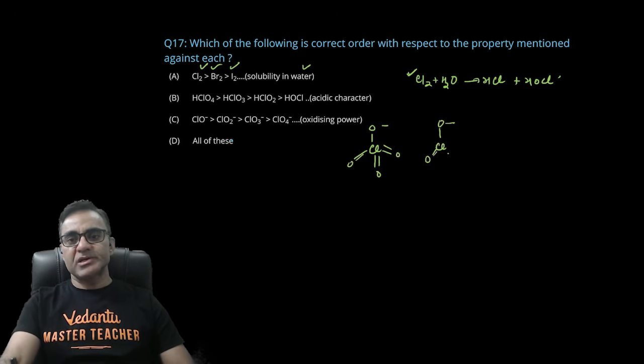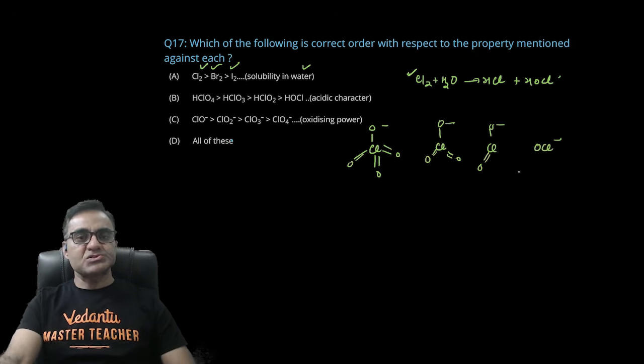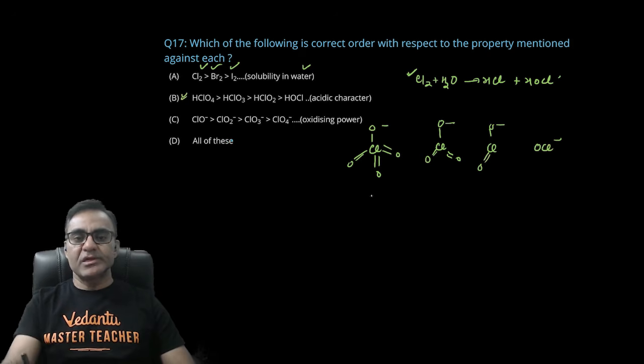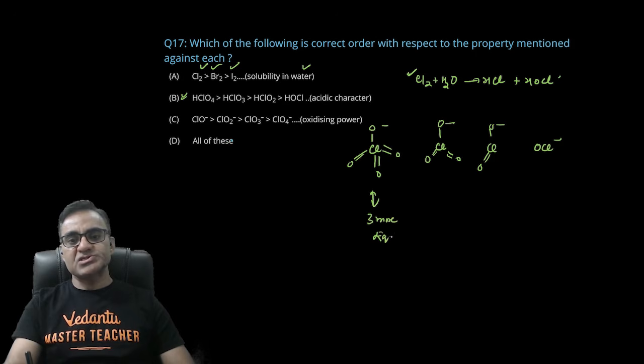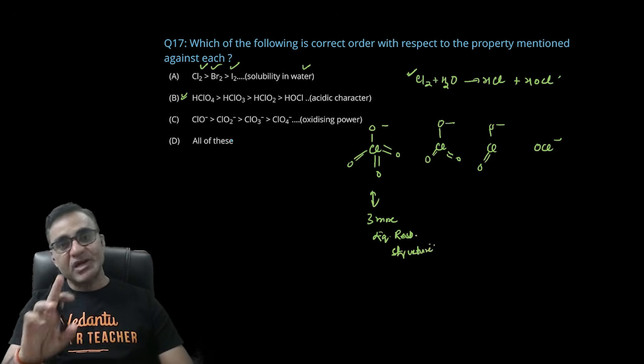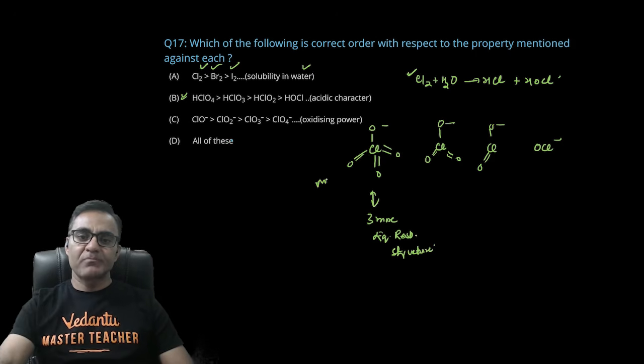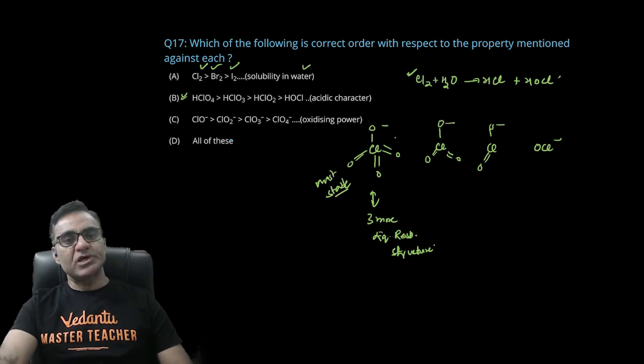HClO3 में ऐसा एनायन बनेगा, HClO2 में ऐसा एनायन बनेगा, और OCl में ऐसा बनेगा, HOCl में। तो इन सब से एक एक प्रोटॉन निकाल दिया। Now you can check there are 4 equivalent bonds, so 3 more equivalent resonating structures can be drawn. तो जो नेगेटिव चार्ज है वो 4 ऑक्सीजन पे इक्वली डिस्ट्रीब्यूटेड है, मैक्सिमम डीलोकलाइजेशन है, most stable हो गया। और अगर प्रोटॉन निकालने के बाद कोई भी एनायन ज्यादा स्टेबल हो जाए तो प्रोटॉन देने की